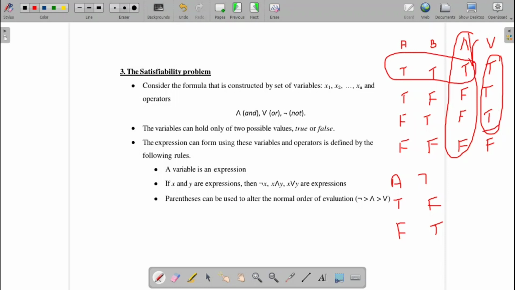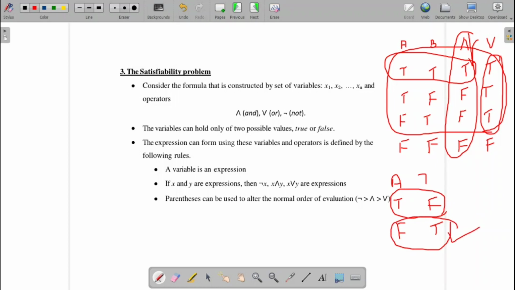But for the OR operation, there are three such combinations: true and true, true and false, false and true. Then for the NOT operation, there is only one such combination. That is, if I have false as my input, only then the output is true. The satisfiability problem will give us all such combinations which will yield the true value.